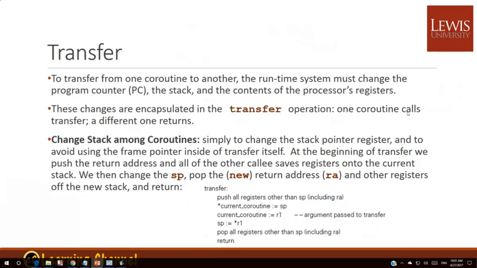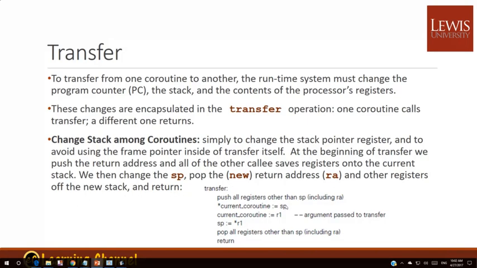Once one coroutine calls transfer, a different one returns. So we change the stack among coroutines simply by changing the stack pointer register. To avoid using the frame pointer inside of the transfer itself, at the beginning of the transfer, we push the return address and all other saved registers onto the current stack. We then change the stack pointer, pop out the new return address and the other registers of the new stack,